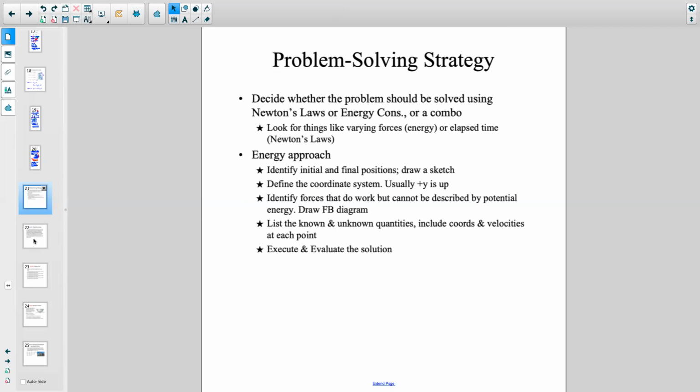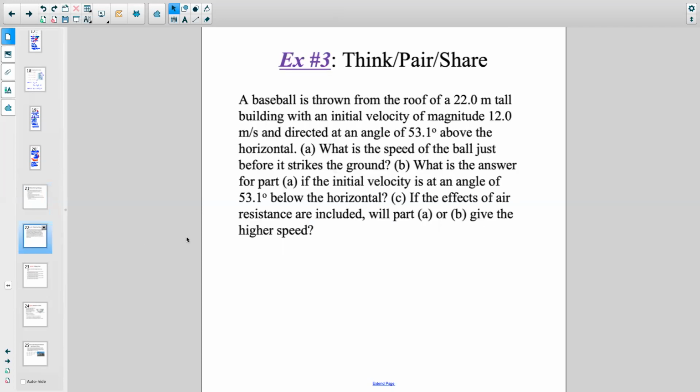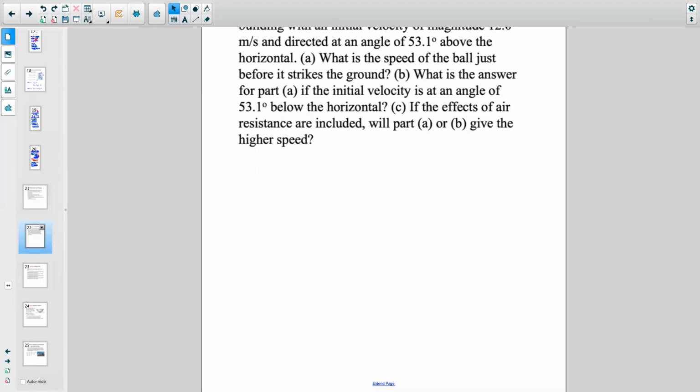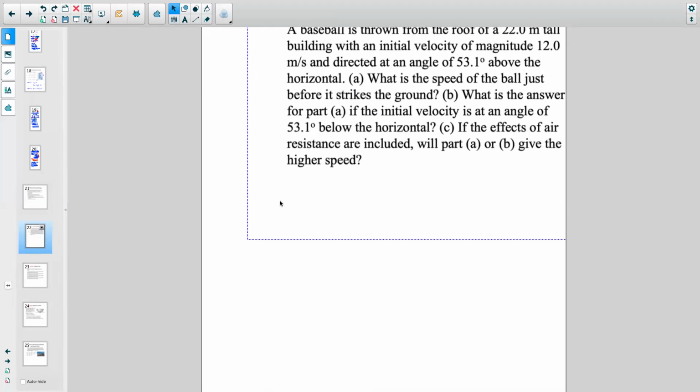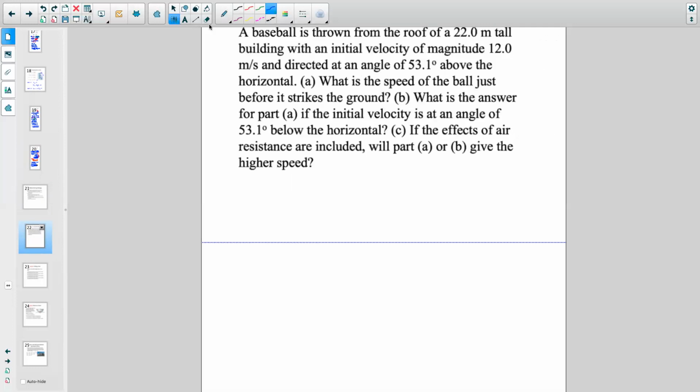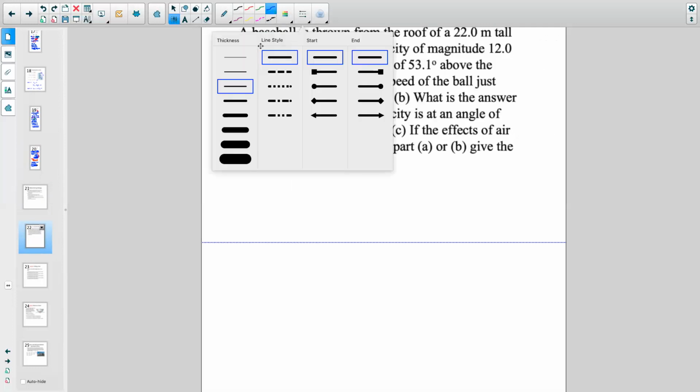We're going to go over some of the examples soon. So we have a baseball thrown from the roof of a 22-meter tall building with an initial velocity of magnitude 12 meters per second and directed at an angle of 53.1 degrees above the horizontal. So let me picture the problem for a second. So I have a building,